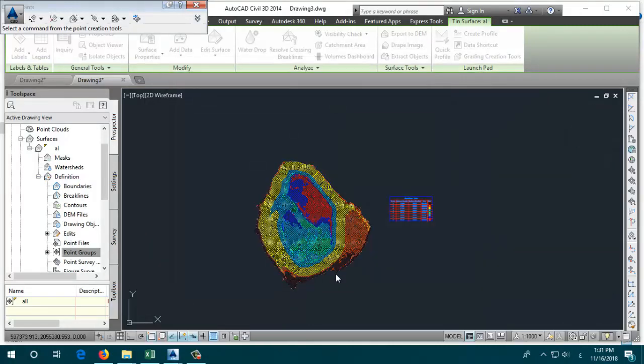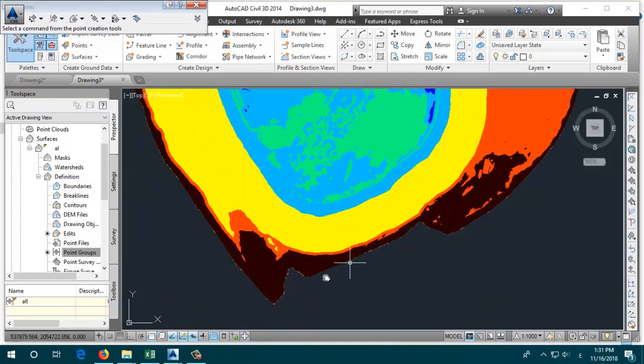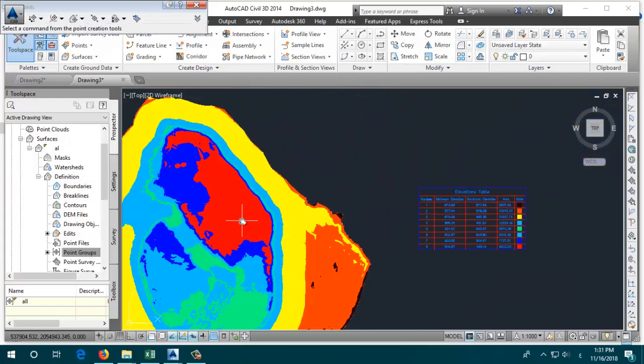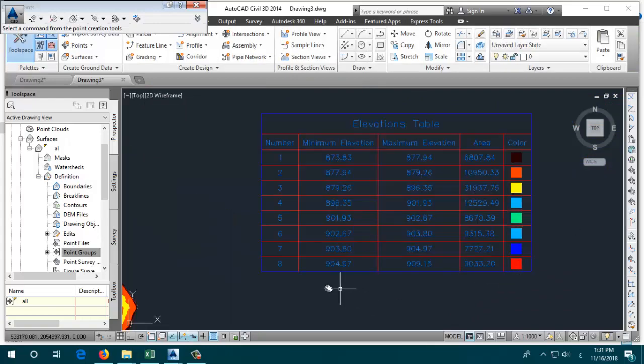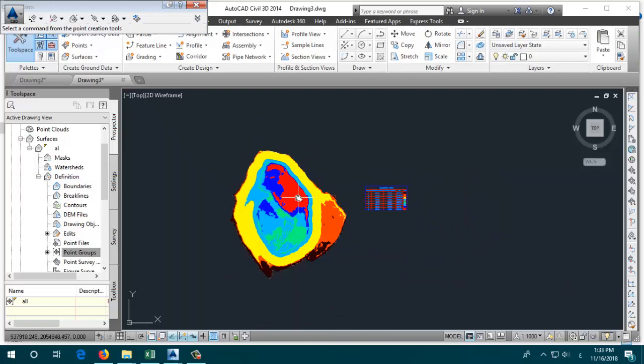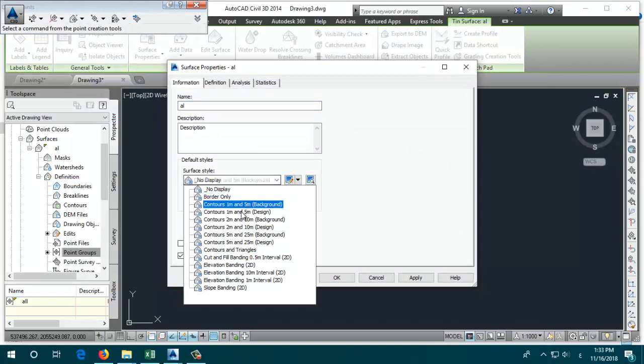Select OK. It's nearest to black. It's brown. Then this is the red color. Red color here is the highest elevation. I can also change the appearance of the mountain by clicking here, surface properties,